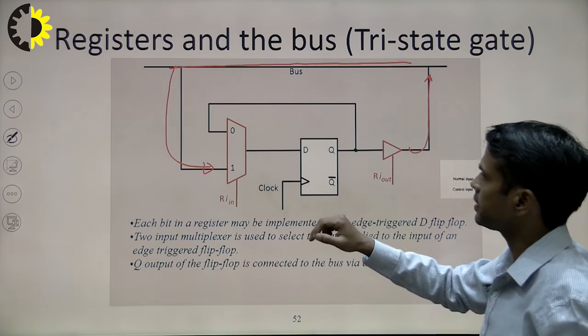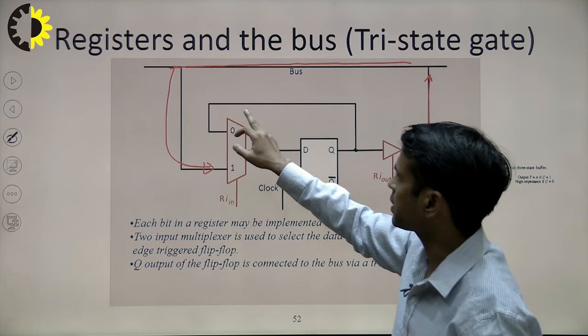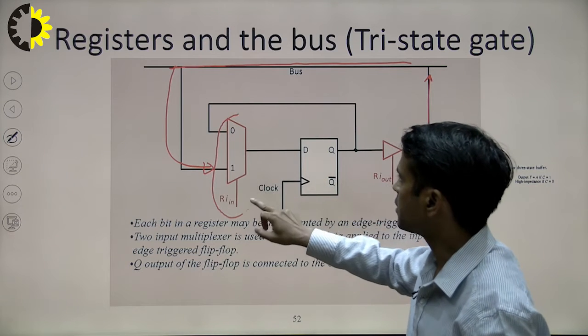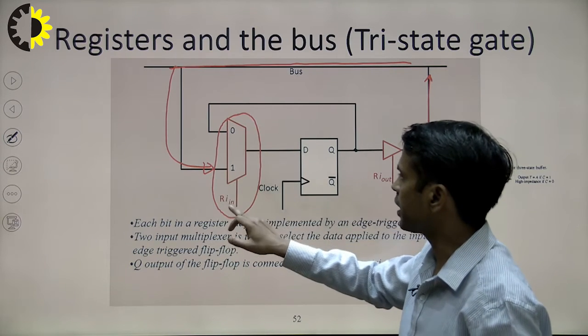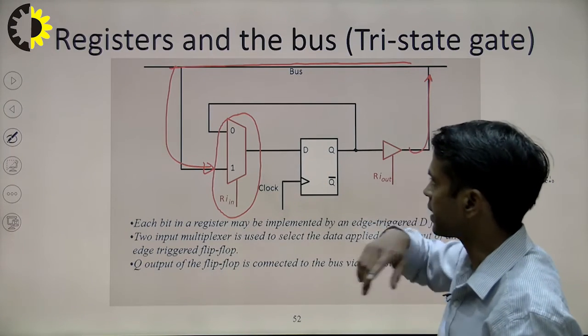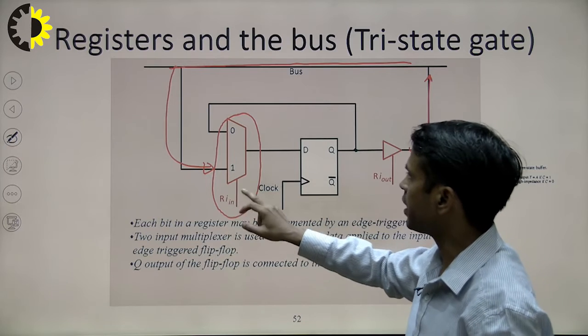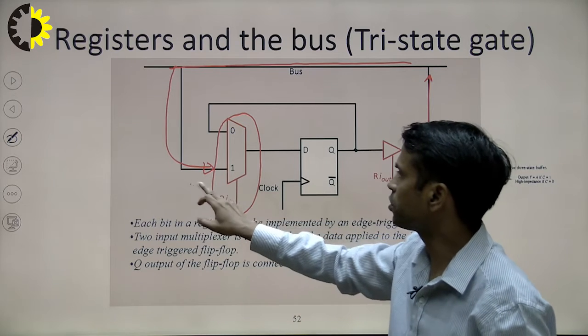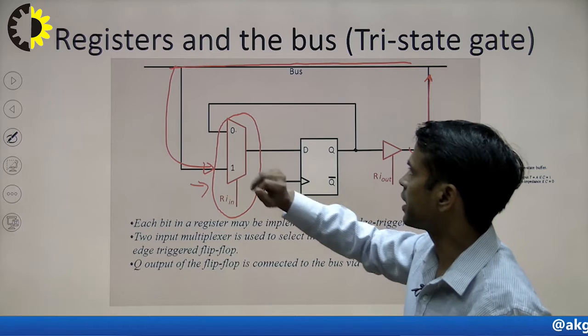In between you can see there is one mux which only has 2 inputs and 1 selection line that we have discussed as RI in at the previous slide. When it becomes 1 it will select this input, and when it becomes 0 it will select this input.